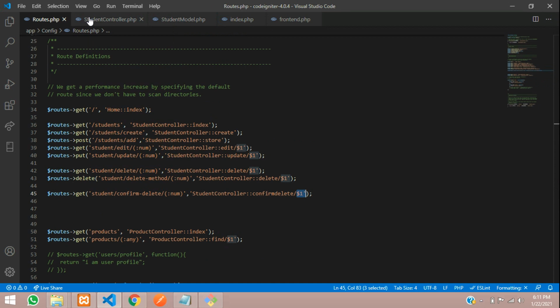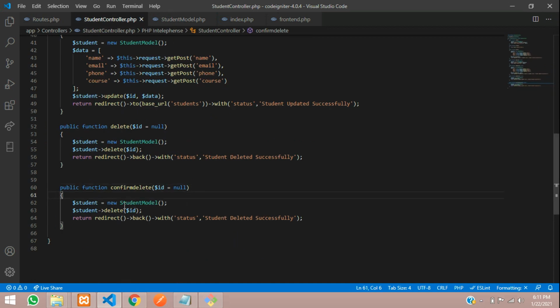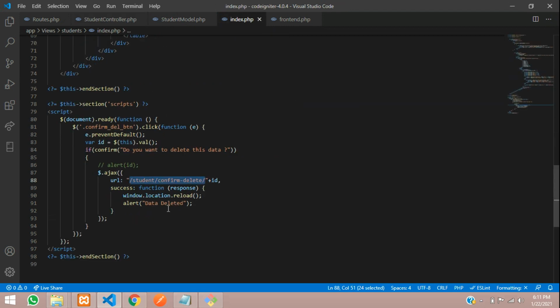Oops, let me just click on student controller, and then you are using the student model, whatever the model you are using with that, and then delete function to delete the ID. And when you are going to redirect, we are not going to redirect because we are using Ajax. So we need to keep only just return or echo or response, whatever. If you want to send the response anything, you can call that over here using this response. You can just show that. So right now I don't need anything, so I am given like this, done.